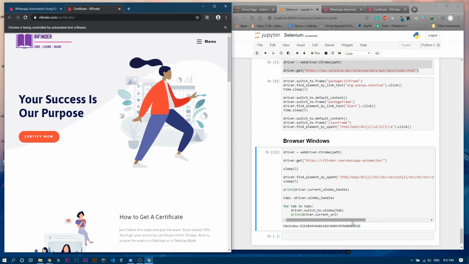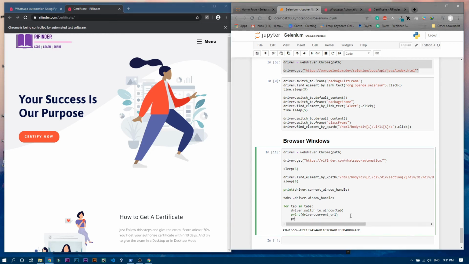Then we are going to print the URL of that certificate tab. You can also write print driver dot title. It is going to print the title as well. After that, let me write one more thing, or I can directly write over here comma backslash n, because it will create two new lines so that you can separate both the things.